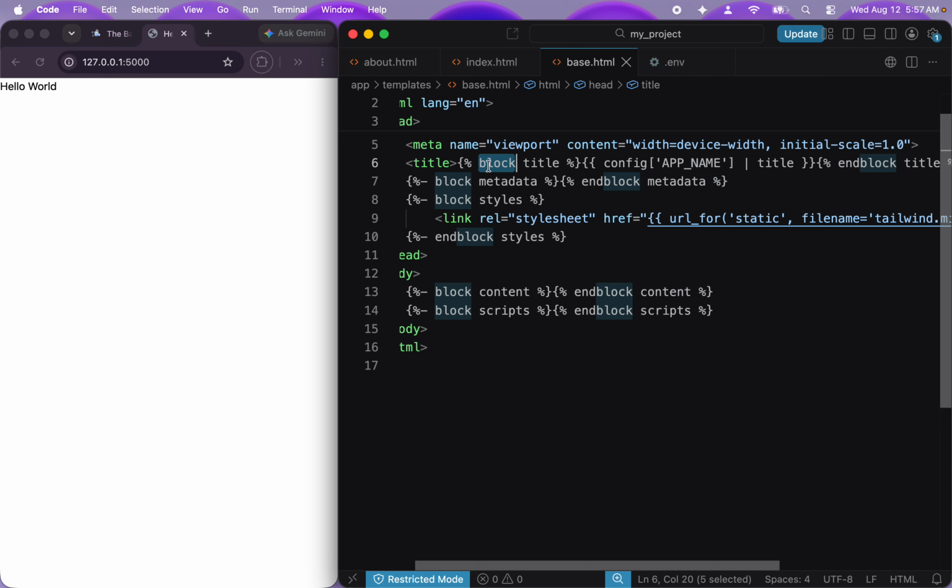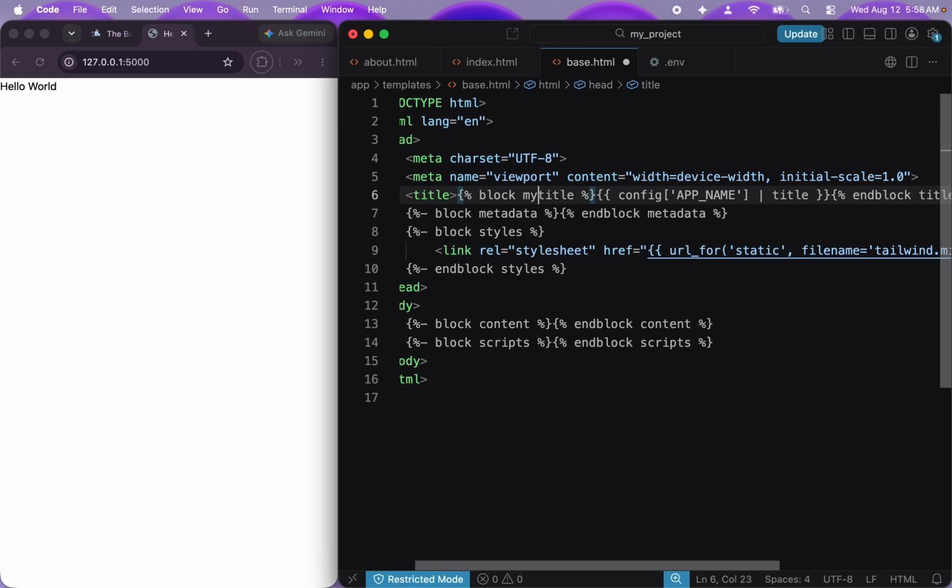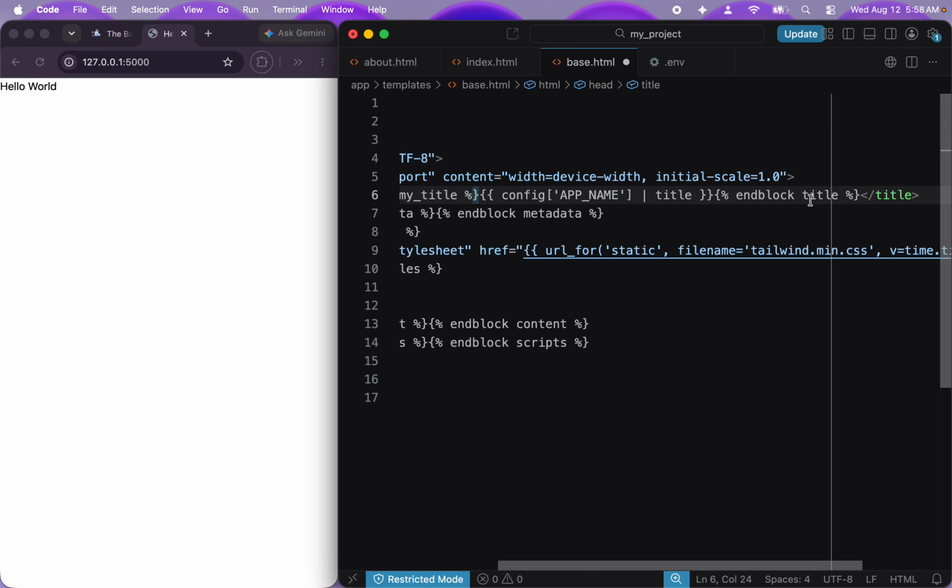You write block, and then you give it a name. Title is just something I wrote. It has nothing a priori to do with this. You could put, if you want to do my title, and then in block, my title, then you can do that,